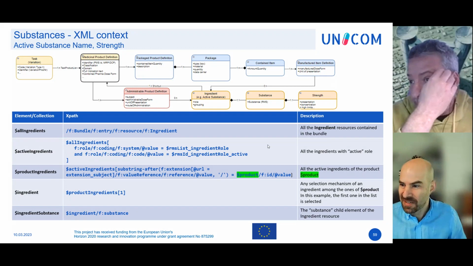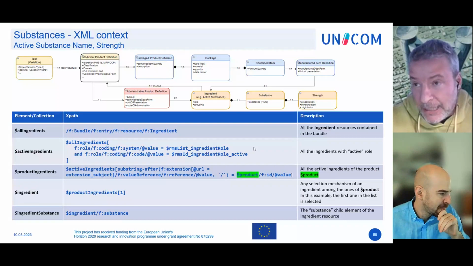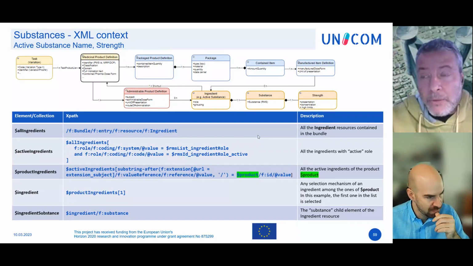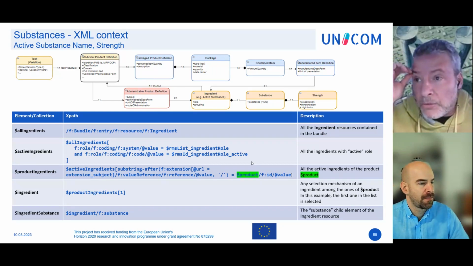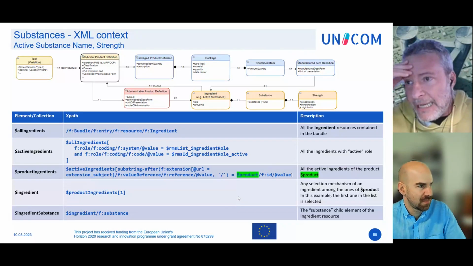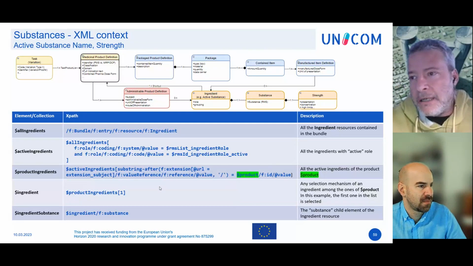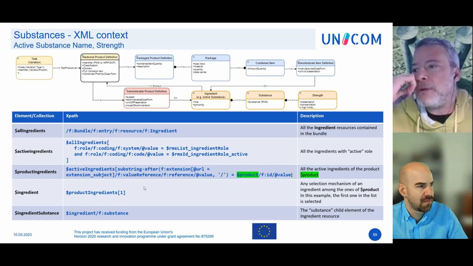Yeah, very rapidly, simply I just want to say that once again, we have all the ingredients. We will have their active substances and excipients. So in the second row, we filter out the excipients and load into the active ingredients variable all the active substances. And then using the shortcut Noel mentioned, we can directly obtain the list of the active ingredients associated with a product by using the query in the third row.